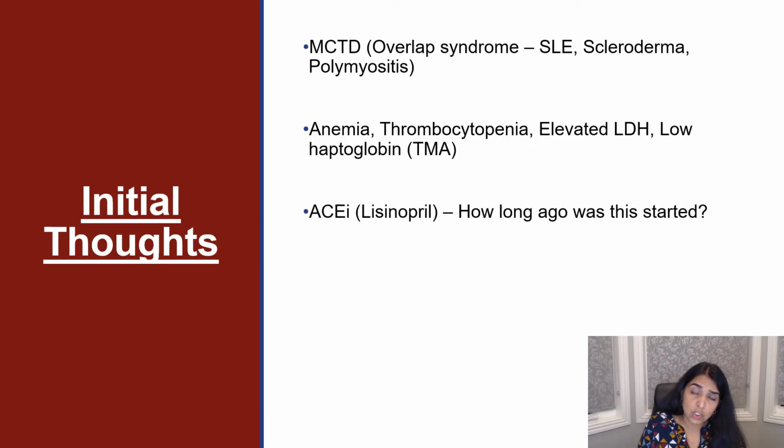And the third thing that catches my eye in this patient is her medication list. As nephrologists, we are always looking at medications because, as you know, lots of different medications can cause AKI through multiple different mechanisms. So lisinopril, of course, in the presence of an AKI, we hold it off so as to prevent the aggravation of the acute injury. And so I would want to know how long ago this was started. Is this a new medication for the patient? And could that be aggravating her disease, and what we need to do about the medication?